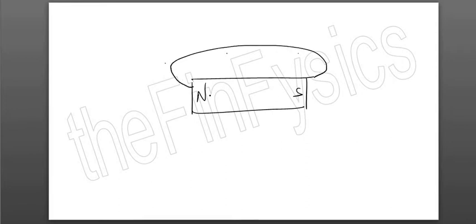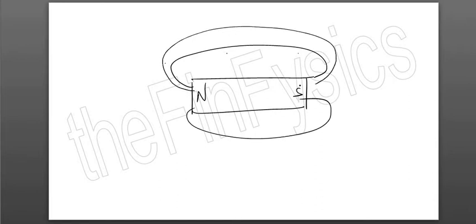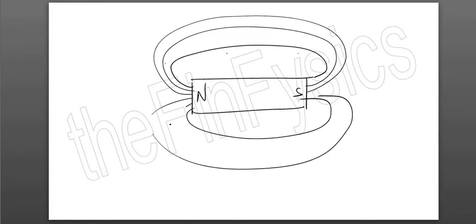Then the next part, they ask you to draw the diagram of the magnetic field of a magnet. So here is north, south. How do you get this? You keep plotting compasses, mark the points where the arrowhead points, and then just join them. So this is how you draw the magnetic field. Just make sure they do not touch each other because field lines mutually repel. This is what the magnetic field lines would look like.